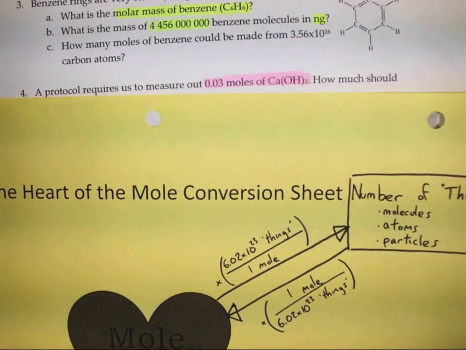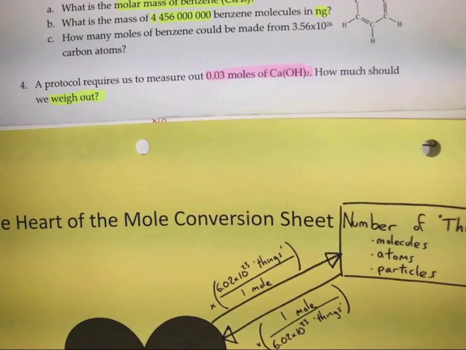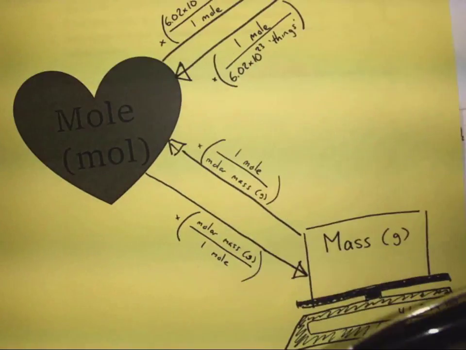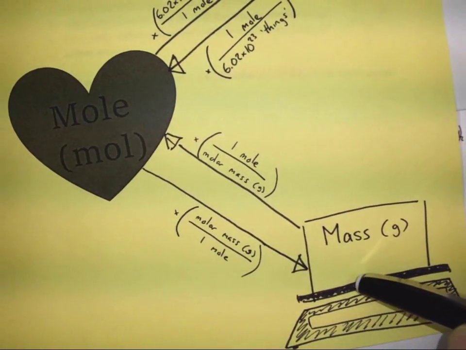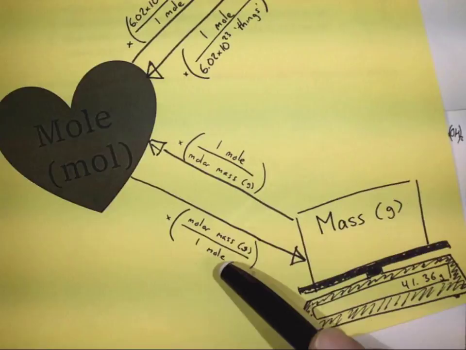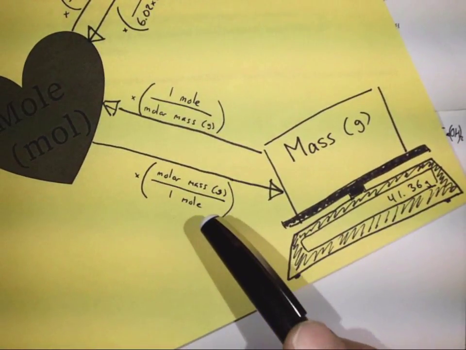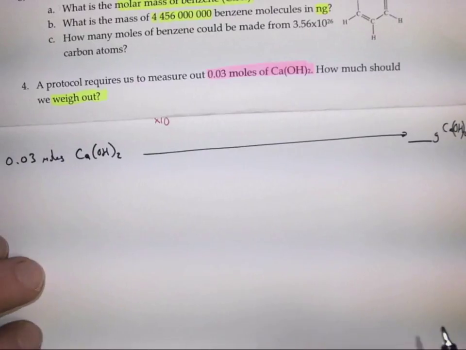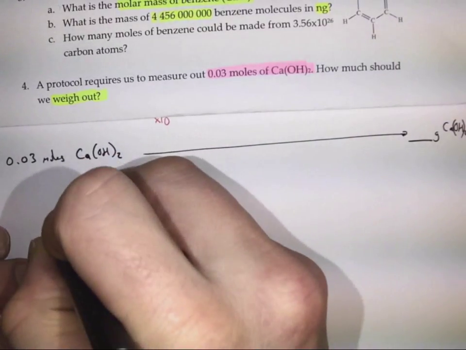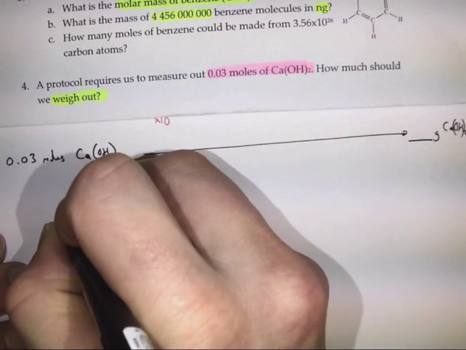So what do we know? We know moles, right? We know how many moles of calcium hydroxide we need. So we're going to start here. And we want to know how much we need to measure out. So we're going to need to multiply by the molar mass of calcium hydroxide. Okay, so let's find the molar mass